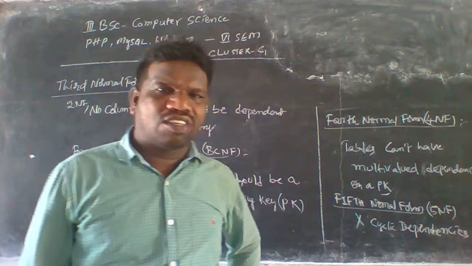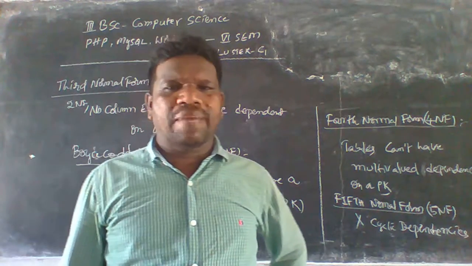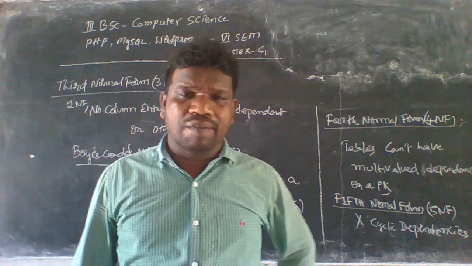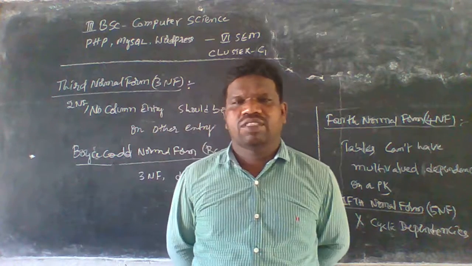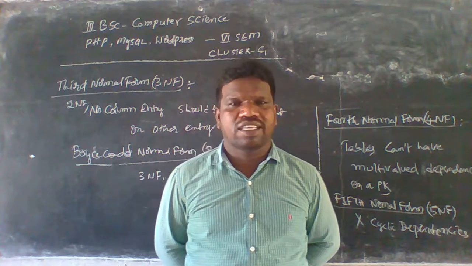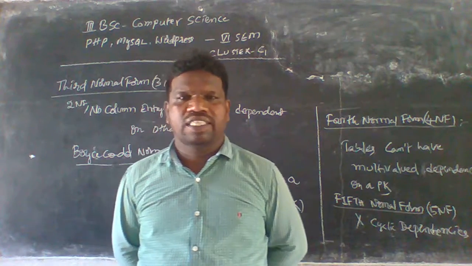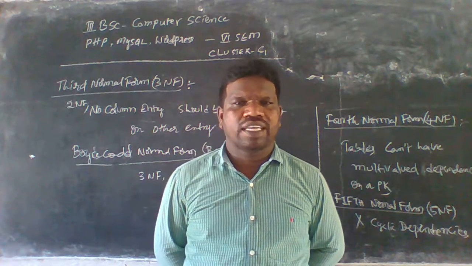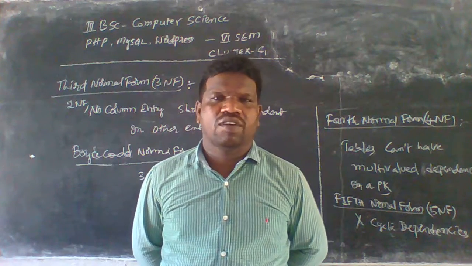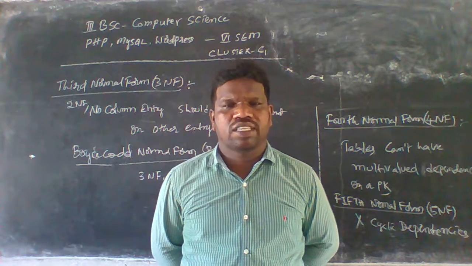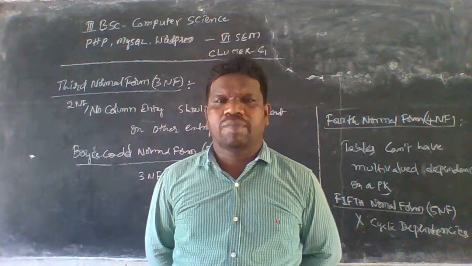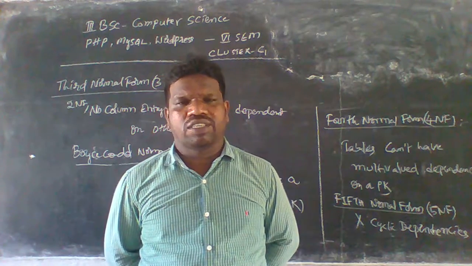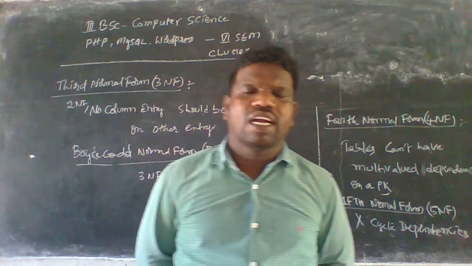Okay, so this is called normalization in MySQL, and these are the normal forms, also called normal rules. In these rules we have six types of normal forms: first normal form, second normal form, third normal form, the Boyce Codd normal form, which is BCNF, then the fourth normal form, and the fifth normal form, 5NF. So this is called normalization. Normalization is used to reduce redundancy in the database.